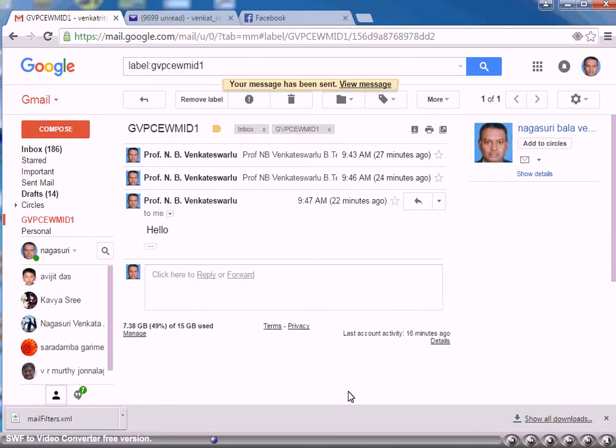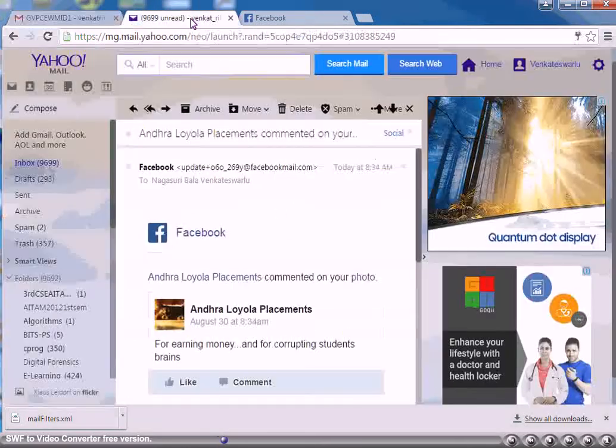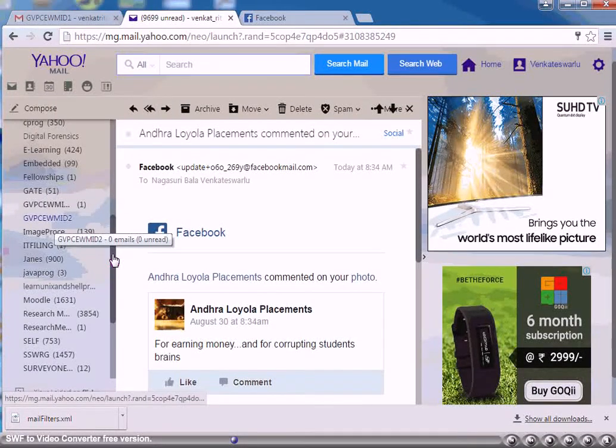Now I am switching to my Yahoo account to check whether this is received or not. Not only received, I want to see whether it is in the folder or not. I have clicked GVPCEW mid2 folder.